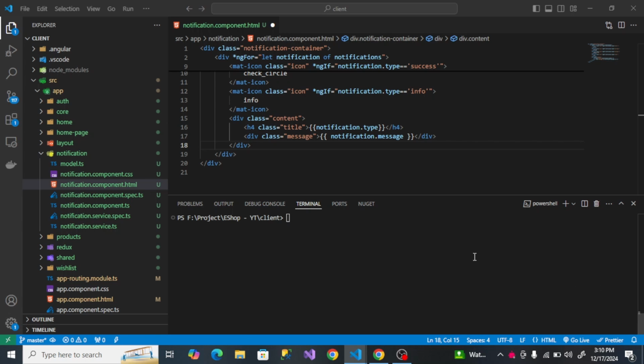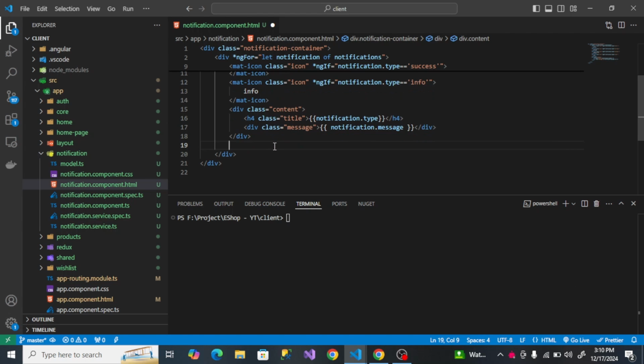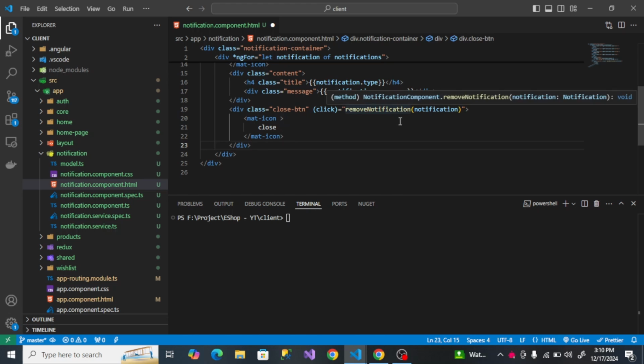And last will be to close the notification. If a notification is shown for 5 seconds or 10 seconds, but the user wants to remove it, he can directly click on this close icon and that notification will be removed. Okay,